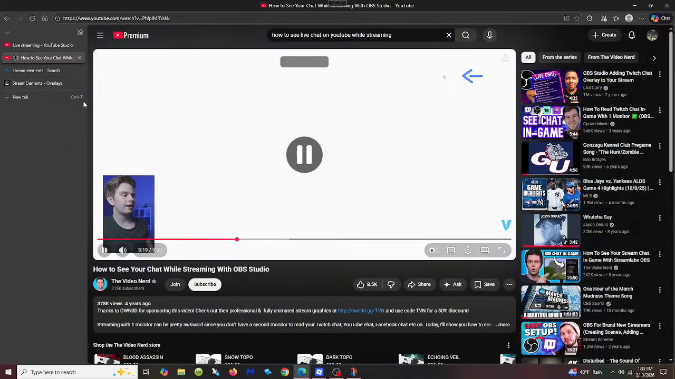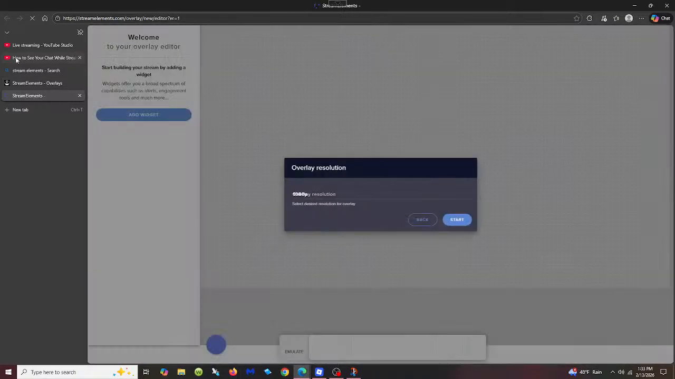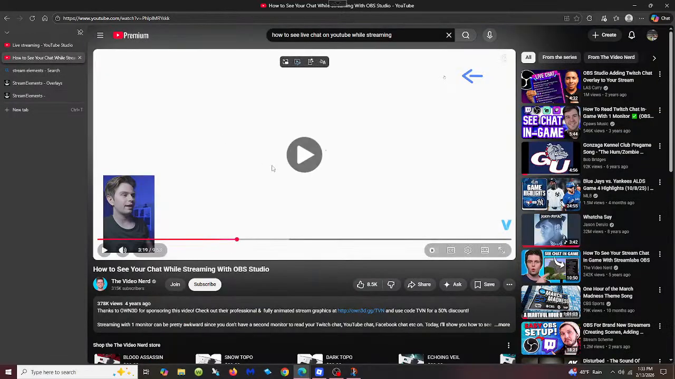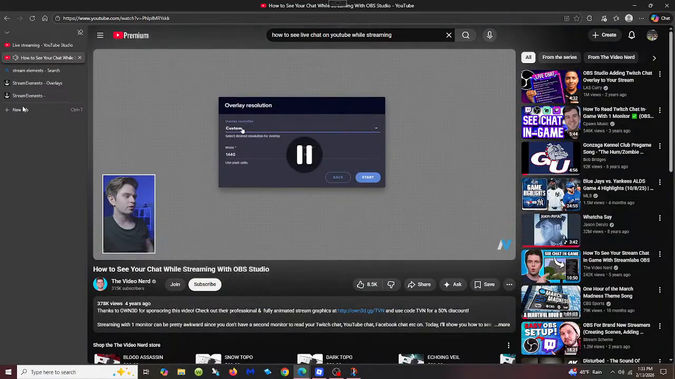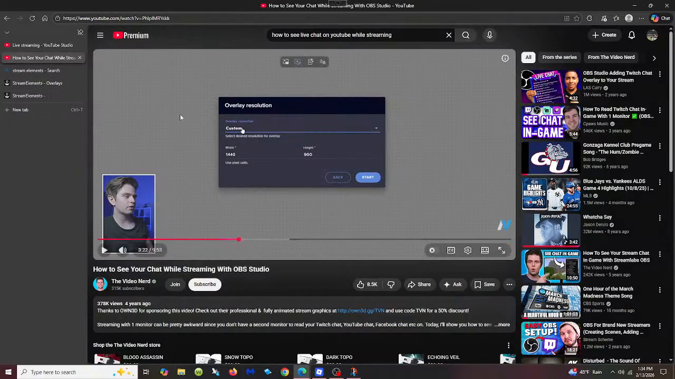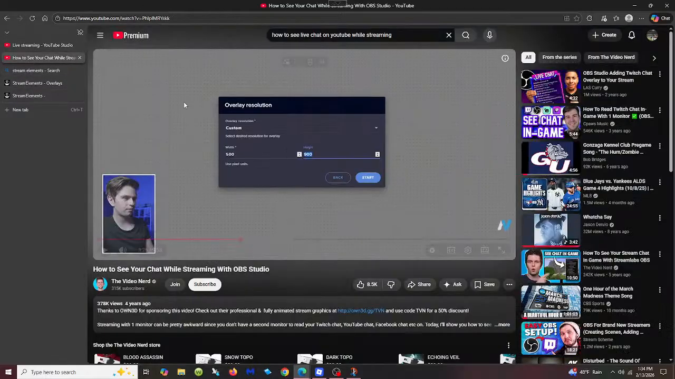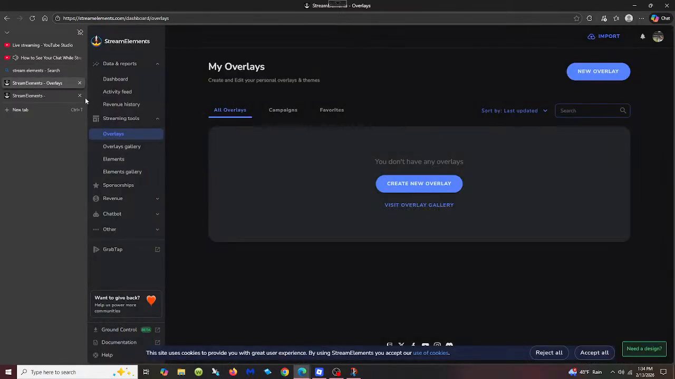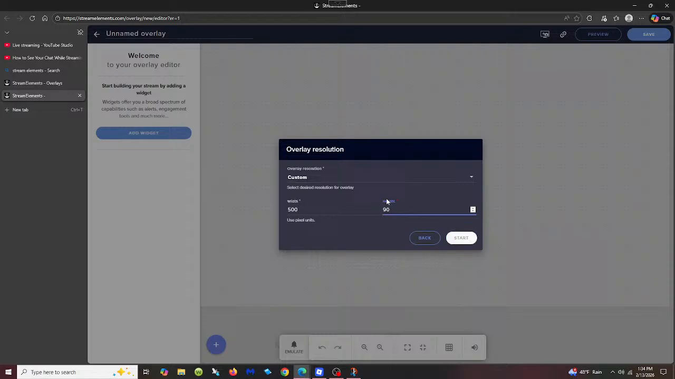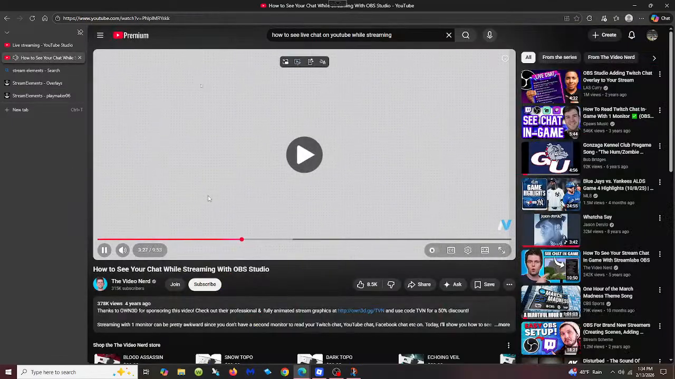Create Blank Overlay, and then change this resolution to custom, and then make it 500 by 500. Click on Start, then on the bottom click on the plus